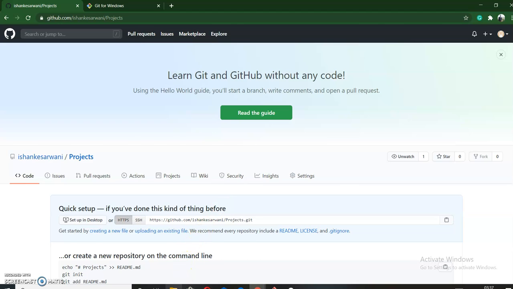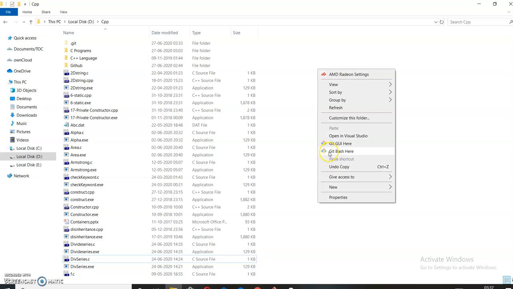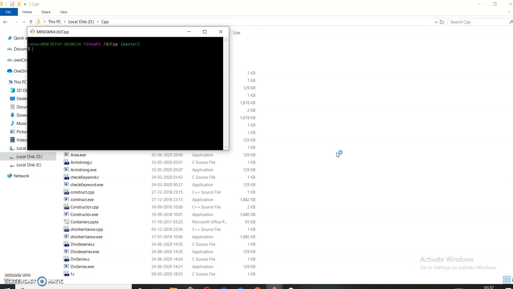Now let's go to our folder, right click anywhere on the screen and choose Git Bash here. Once you install Git Bash, you can see the option Git Bash here by right clicking on the screen. So click on it. Since I have already created another project or repository, I need to change the origin first. So how do we change the origin of that git URL?